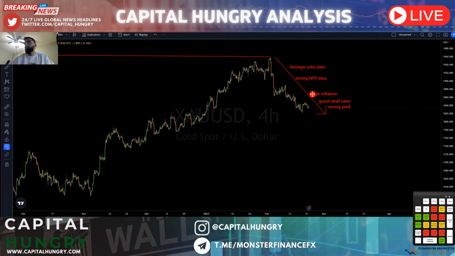Now, the same time we've had these fundamental catalysts that support dollar domination is also the same time period we've seen stock market turn more bearish and gold turn more bullish. You can see we got a nice break of this bullish trend. We're getting a nice shift into bearish market structure with sellers printing these consecutive lower lows, and we just have these pullback phases to set up better sells before still continuing more bearish